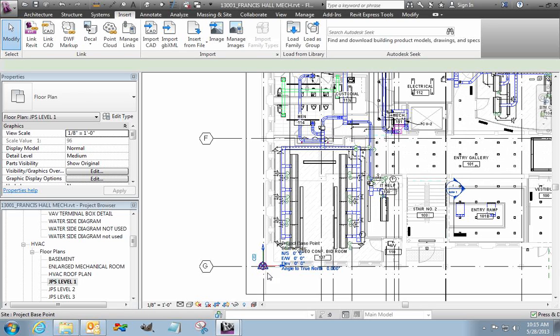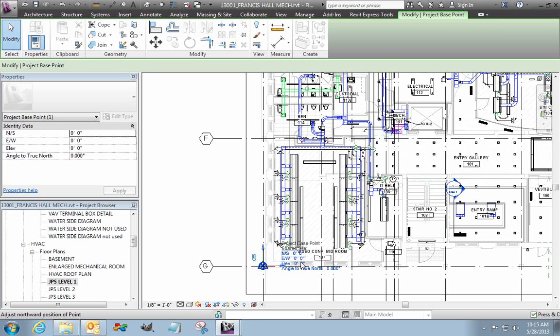The project base point, you can see, has some coordinate values set to it, and you can even change its plan rotation. Plan north, you can set that independently for true north. But you'll notice it also has this paperclip icon. Now the paperclip icon locks the origin point to the coordinate system. So the first thing we want to do is unclip this origin point,